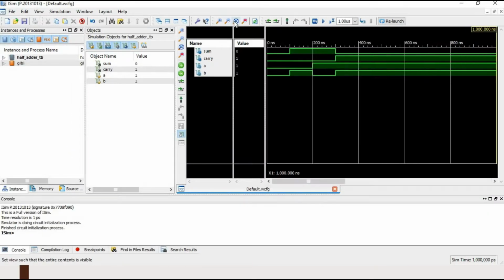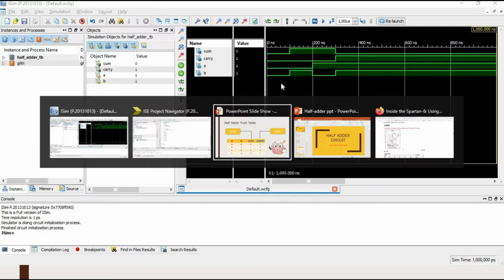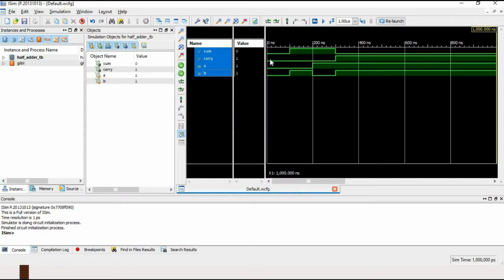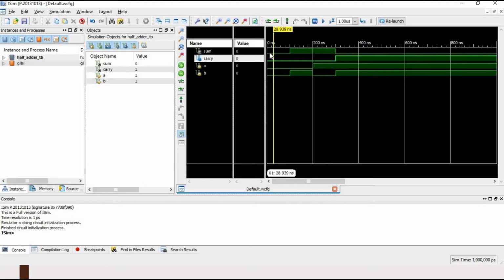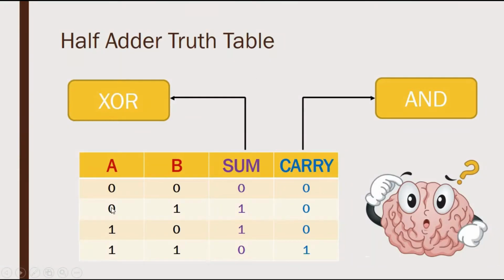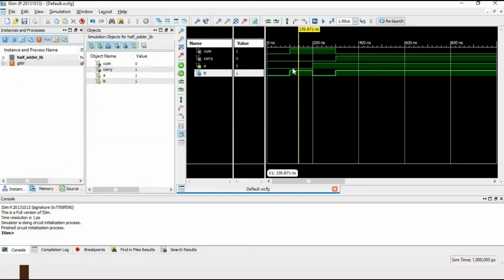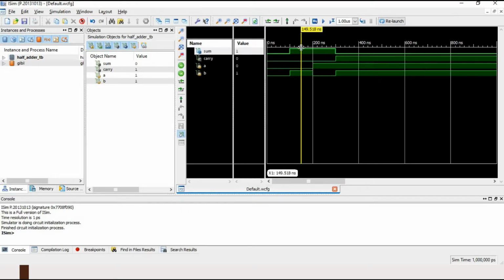So here is the result. First of all, when our inputs are 0 0, sum is 0 and carry is also 0. When our inputs are 0 1, sum is 1 and carry is 0. As you can see, carry is 0 and sum is 1.